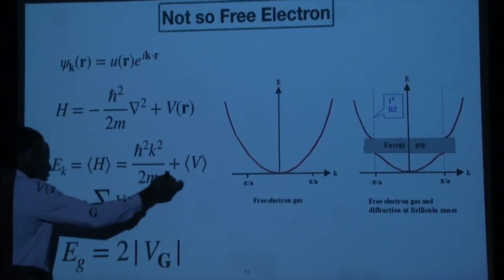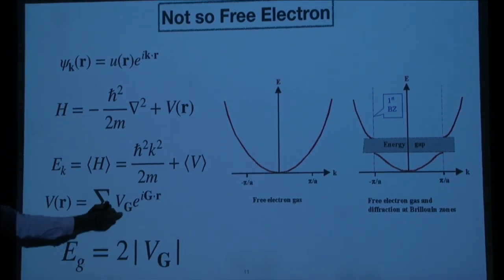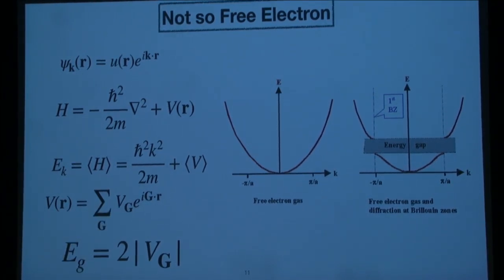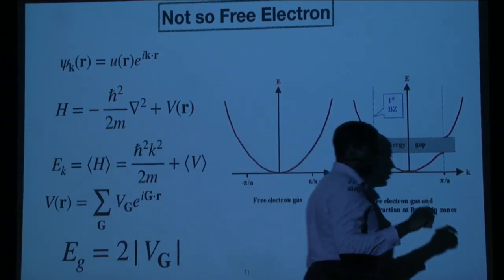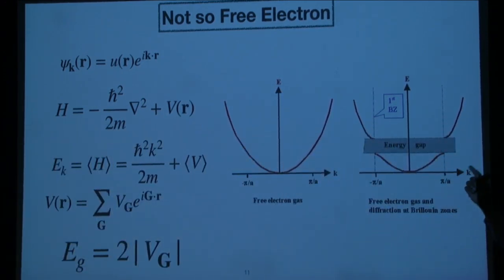Now let's put an actual potential there in momentum space. This is the Fourier transform of the potential. And what this potential does is it opens up an energy gap on this band structure at the edge of the Brillouin zone. So this energy gap inside, if you put the Fermi energy, so Fermi energy refers to your